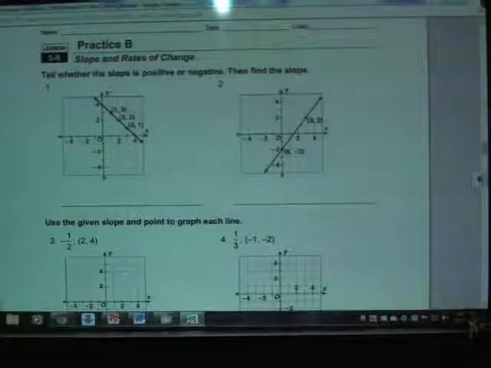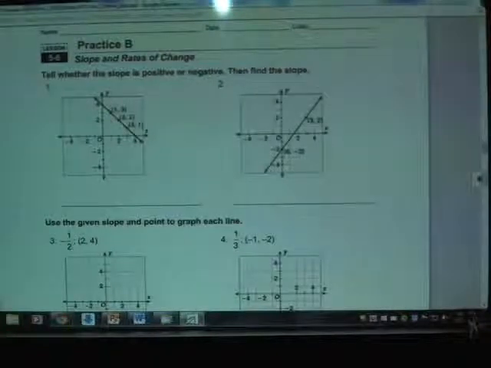This is the homework helper for Chapter 5, Section 6 in the 7th grade workbook, Slope and Rates of Change. So 1 and 2 have the same directions. We're supposed to tell whether the slope is positive or negative, and then find the slope. Well, remember, there's 4 different answers you can give here actually for the first part, even though there's only 2